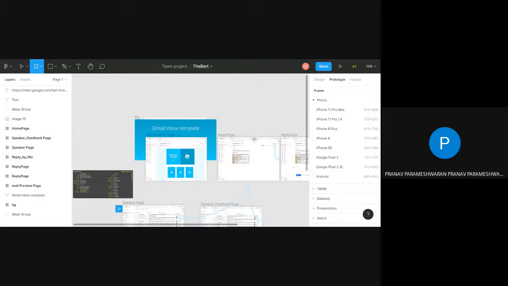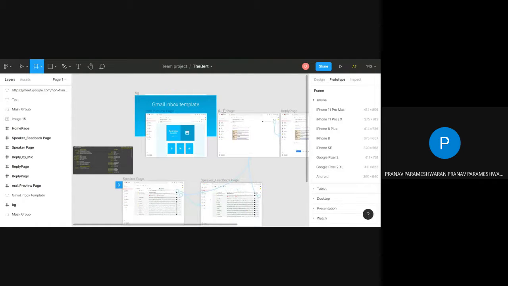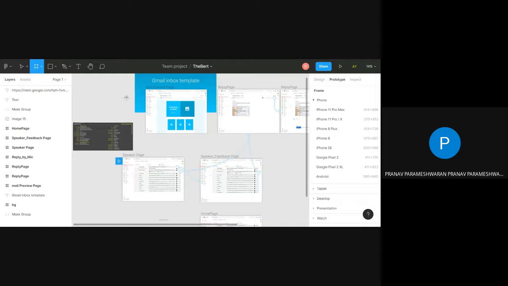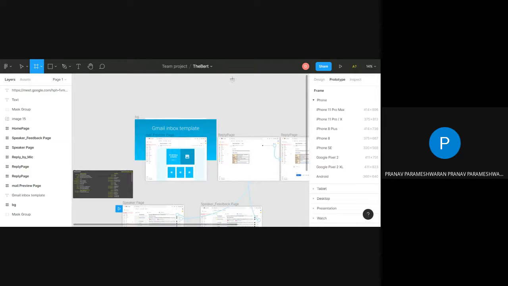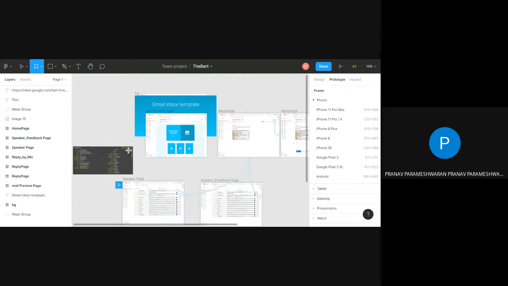So basically, like Kaushik had mentioned, we can use this to see the UI, and like Venkat had mentioned, we can export it to XML if we want. So basically, this is the whole of Figma, the design tool. So now I think we can go to our next case study, unless anyone has any other doubts in this.